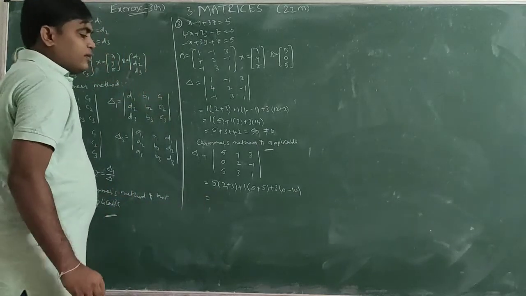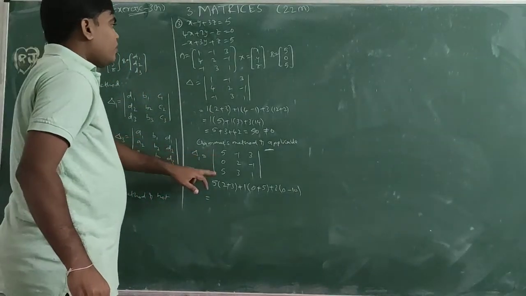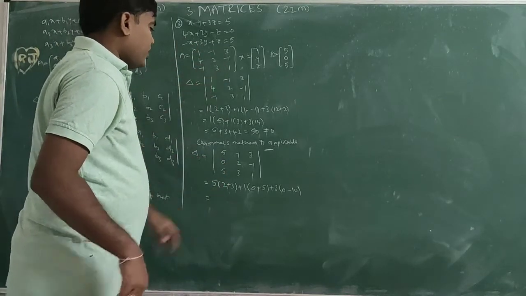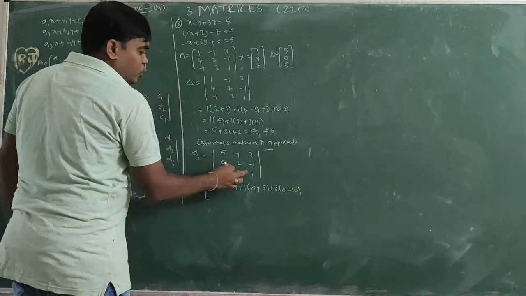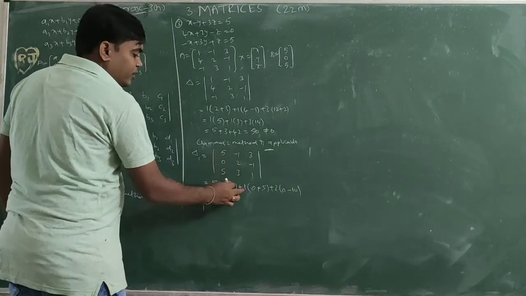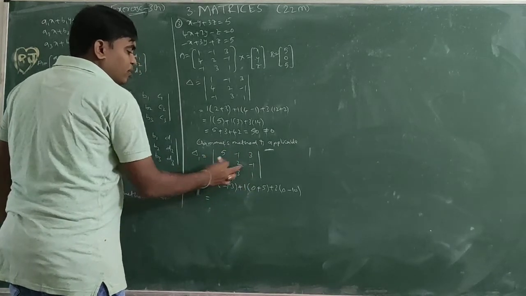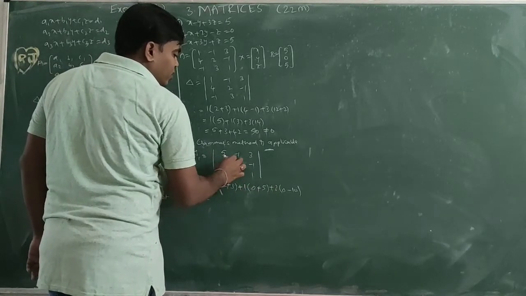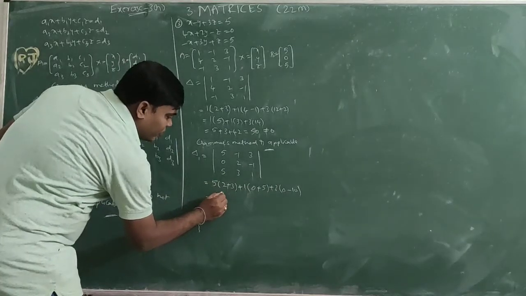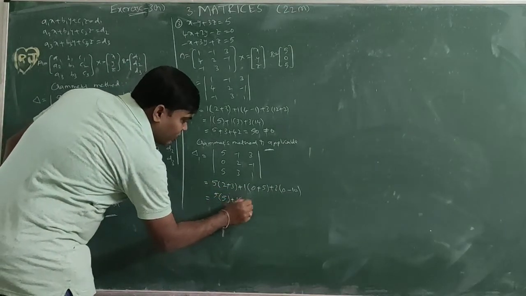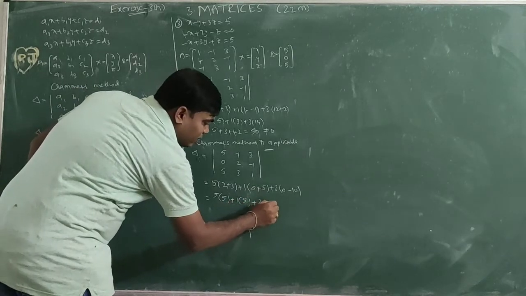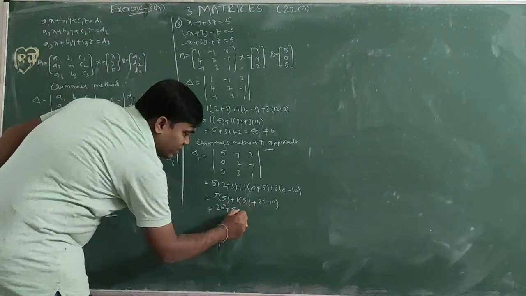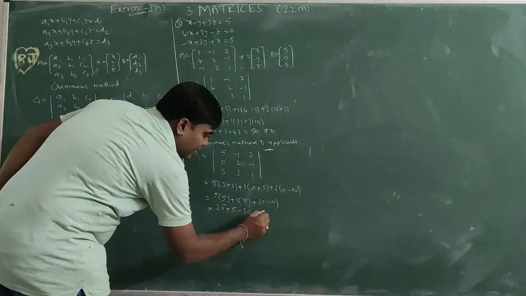Next, again one more time. 5 0 5. Replace with this: minus 1 2 3, 3 minus 1 1. So 5 into 2 plus 3. Next, minus 1 into minus, or minus plus 1 into 0 plus 5, plus 3 into 0, 0 into 3 is 0. 5 into 2 is 10. So this side minus 10. Next, 5 of 2 plus 3 is 5, plus 1 of 0 plus 5 is 5, plus 3 of minus 10. So 5 into 5 is 25. 1 into 5 is 5. 3 into minus 10 is minus 30. 25 plus 5 is 30, minus 30 is 0.